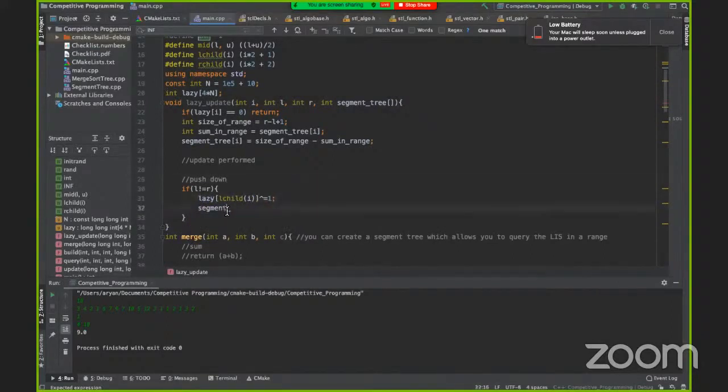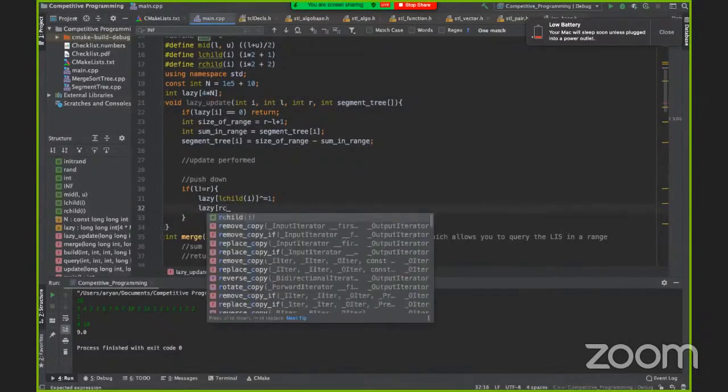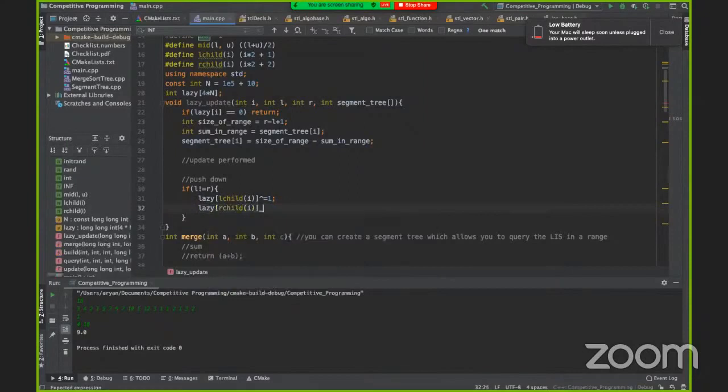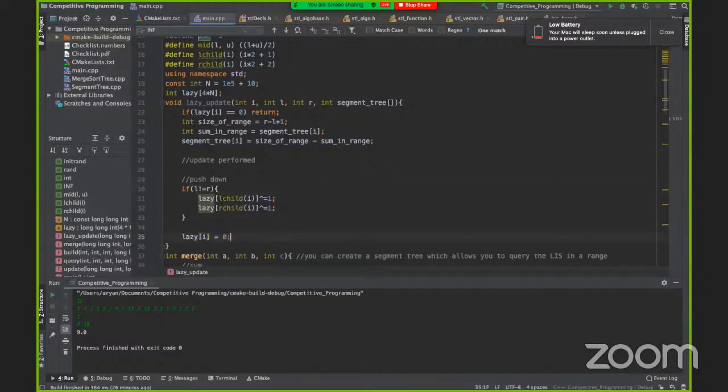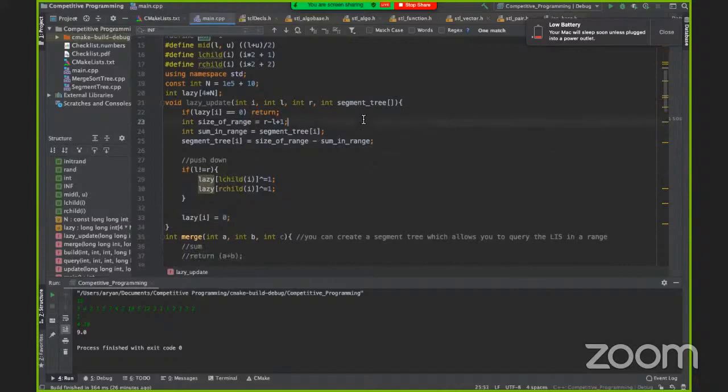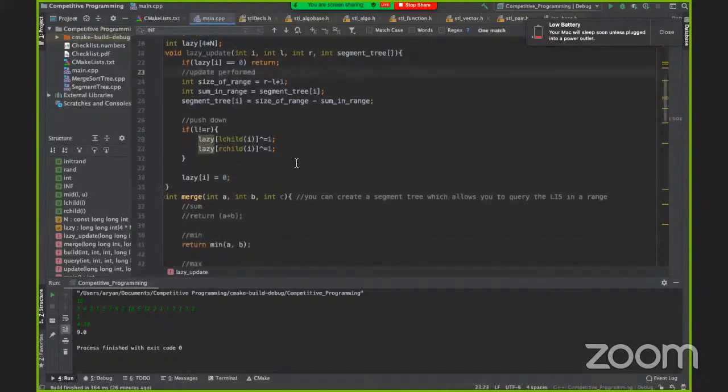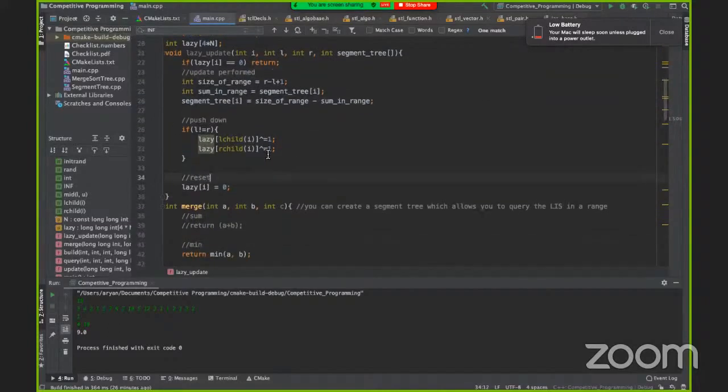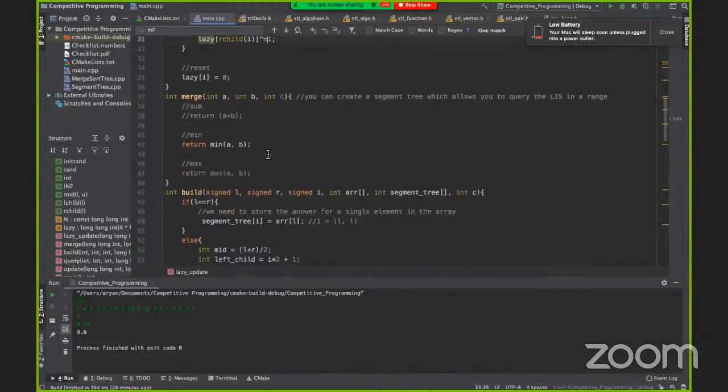Replace segment tree with lazy: lazy at the left child i XOR equal to 1, lazy at the right child i XOR equal to 1. So we basically told them that if they didn't have to flip earlier, now they have to flip, and if they had to flip earlier, then we told them no need. So we pushed down our lazy, and now we can just set lazy i equal to 0. Problem solved, right? So this is our lazy update.